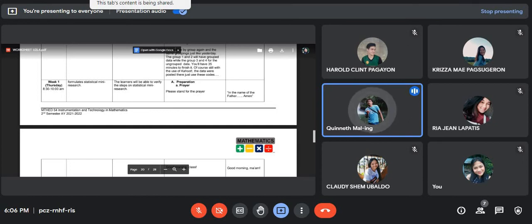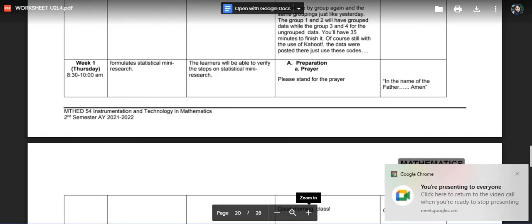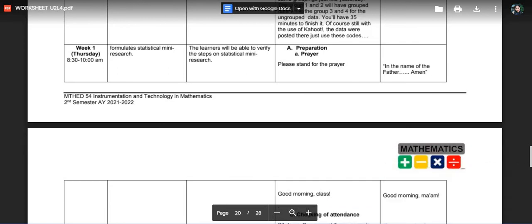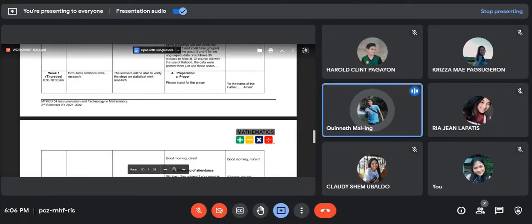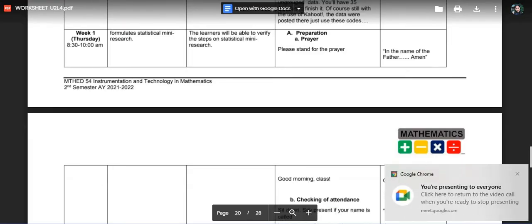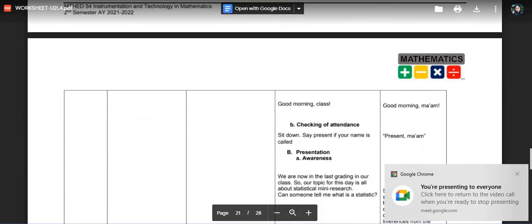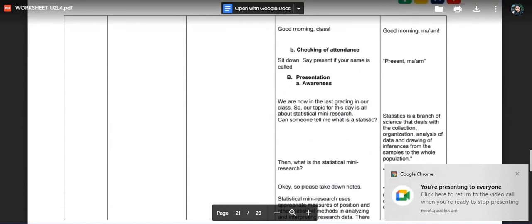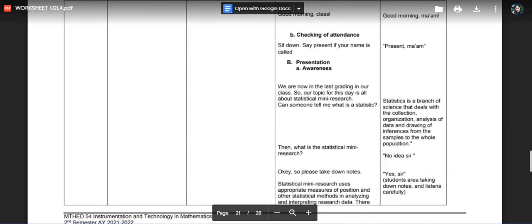So in day 4, our learning competency is formulate statistical mini research. Then our SDLO is the learners will be able to verify the steps on statistical mini research. Then our daily activities are preparation, prayer, then checking of attendance and presentation. Since